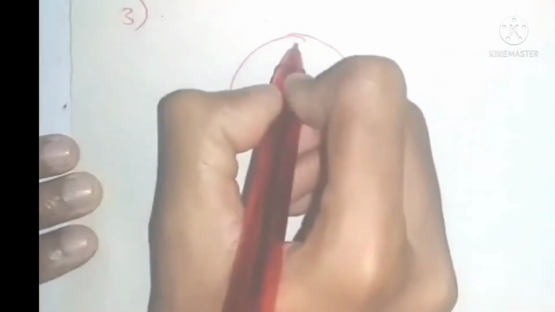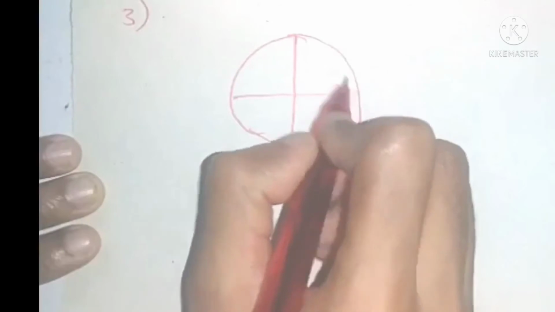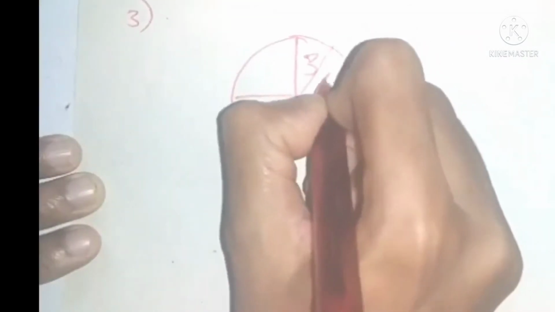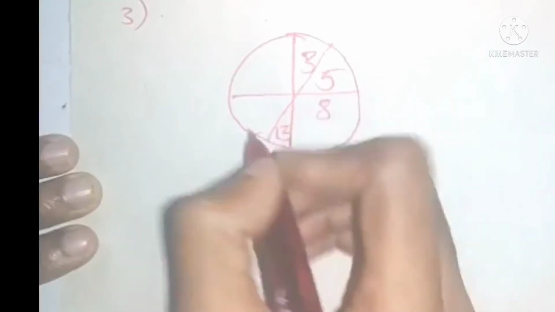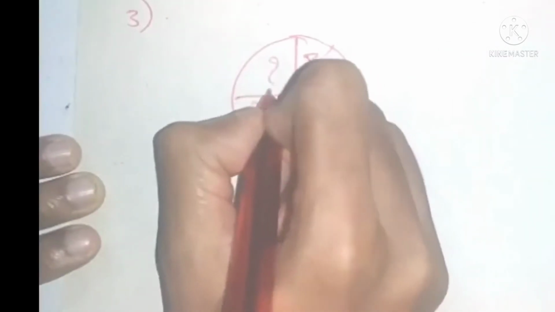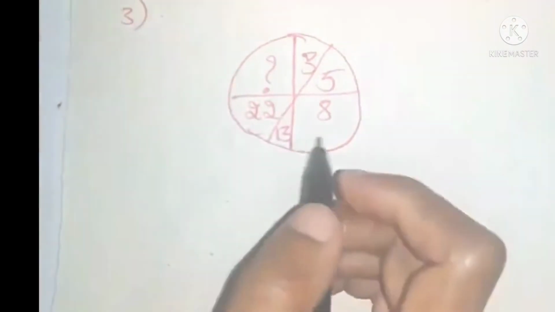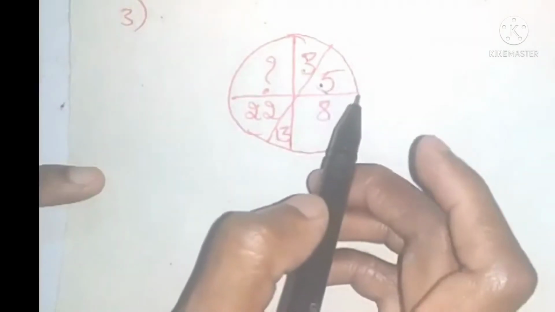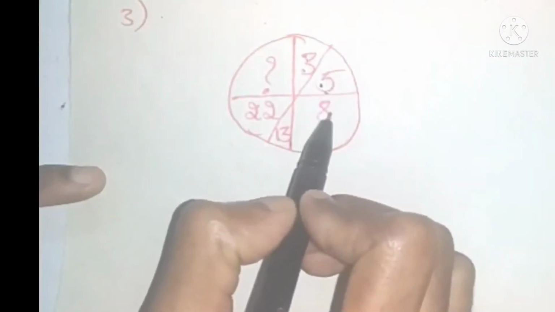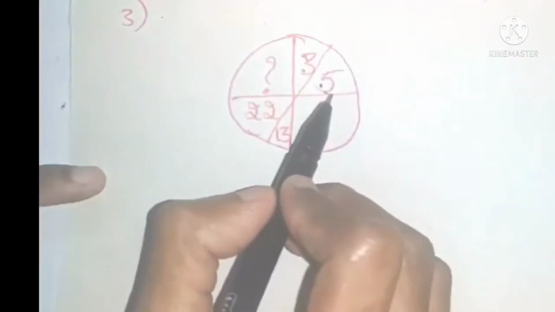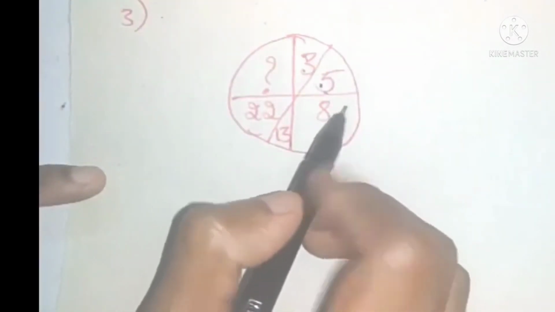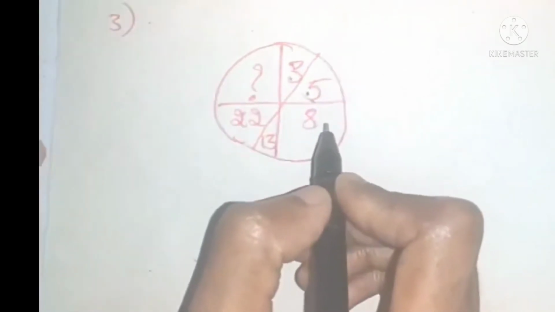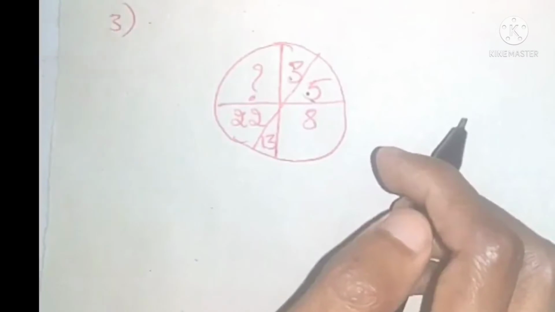So now let's see one more problem, that is 3, 5, 8, 13, 22, and we have to find out this number. So first let us make some kind of assumptions, that is 3 2s are 6. It's not working. 6 minus 1, 5. Yeah, it's working. Next 5 2s are 10. I'm just making a random assumption, that is 5 2s are 10. 10 minus 1, we should get 9, but here we are getting 8. So then why can't we subtract 2? We should think in such a manner.